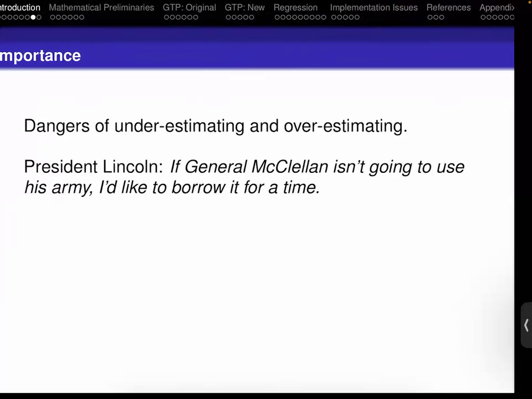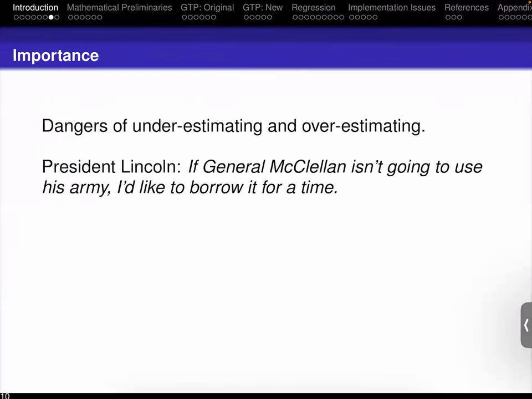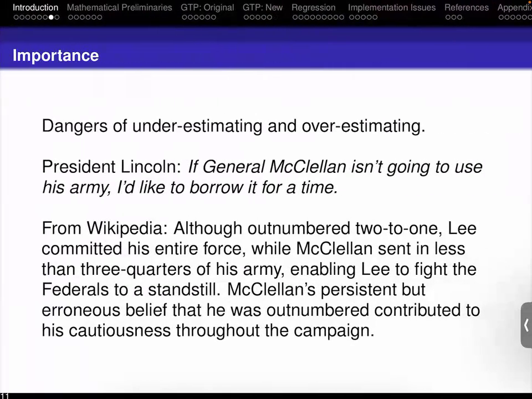And so it is possible to have paralysis by analysis. Just numerous times the North would not advance on the South. McClellan did not feel like he had enough troops. I always need more troops. And again, in an ideal world, it would be great to have more resources, but there's a cost. Sometimes you delay battle. Sometimes you put too many resources in one place and other parts of the war front do not get